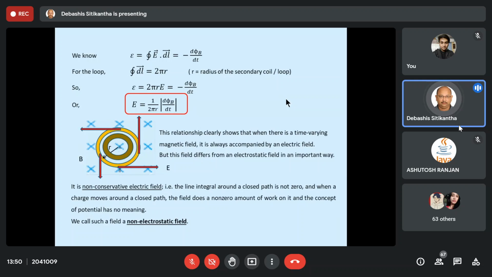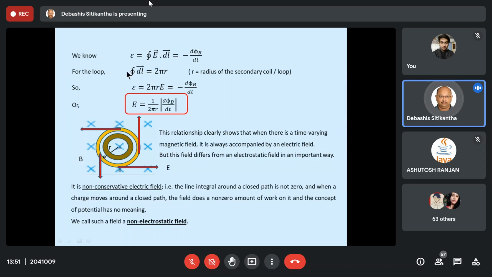In the previous case we have learnt it as E vector is equal to V times B. Since V is a velocity, that means your B was changing. Now let us see whether there is any relationship between electric field and magnetic field even in the case of induced EMF or not. For that let us write the equation once again. So EMF is equal to the closed line integral of E vector dot dl vector is equal to minus d phi B by dt. Well and good.